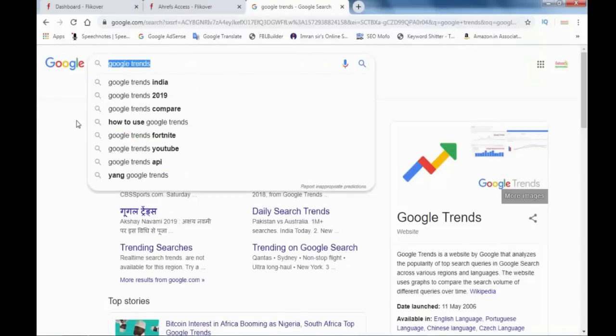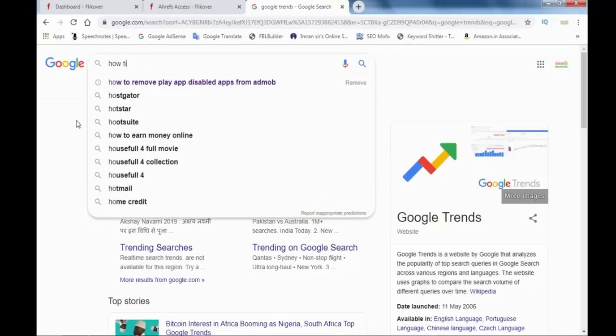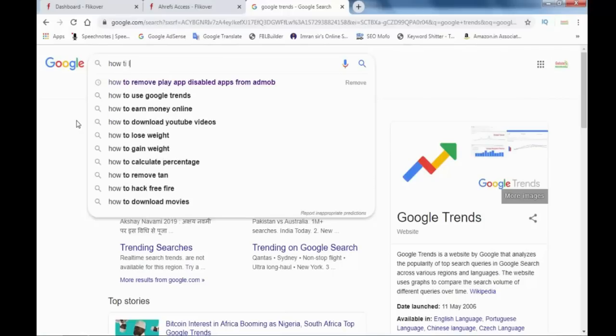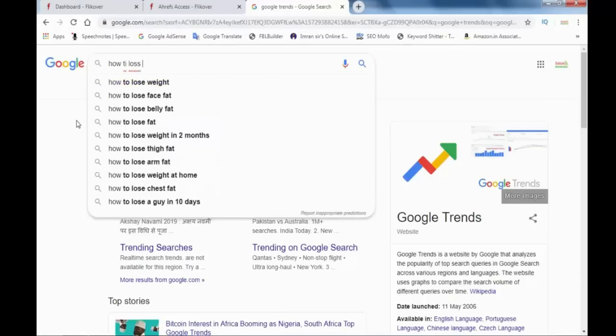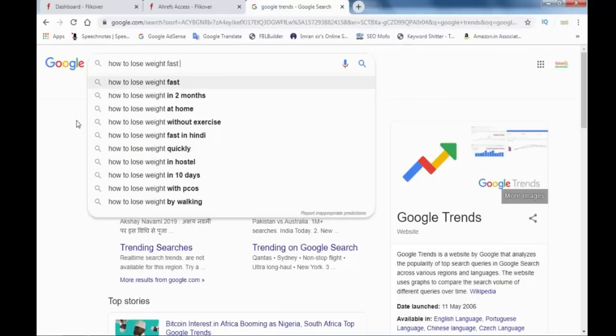For example, I type here how to lose weight fast. You can add a long tail keyword: without exercise.